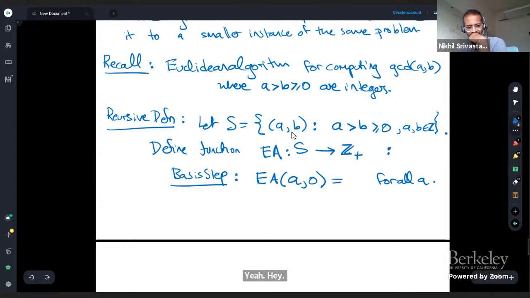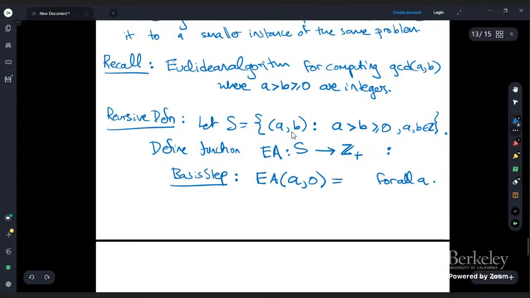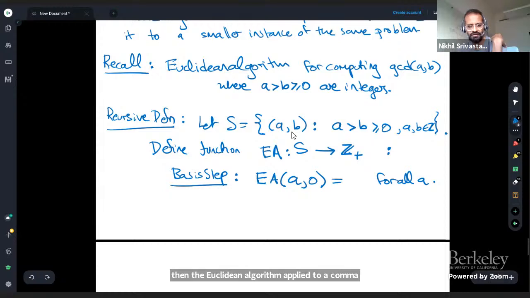And now we have a recursive step, which is, how do I define what the Euclidean algorithm does to a pair A, B where B is not 0? So let me put that as a condition. So if B is positive, then the Euclidean algorithm applied to A comma B is just the Euclidean algorithm applied